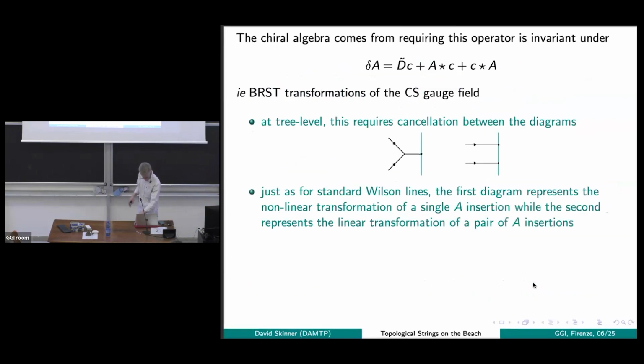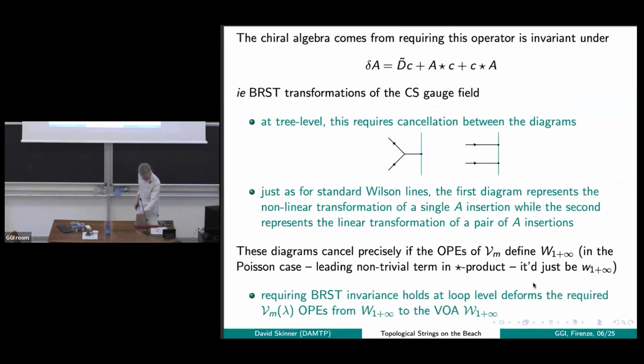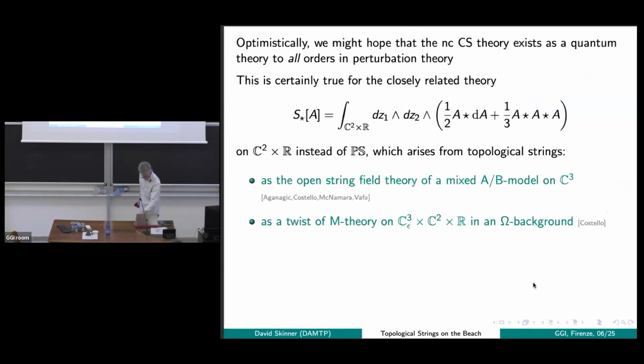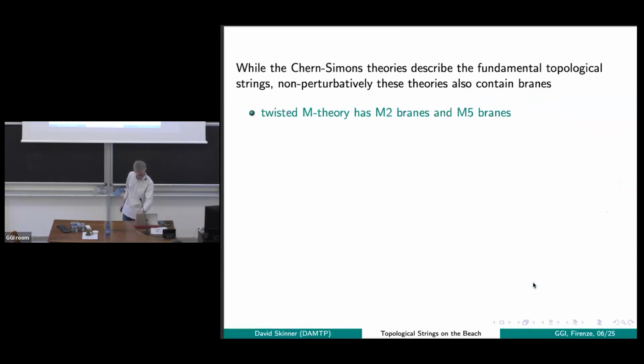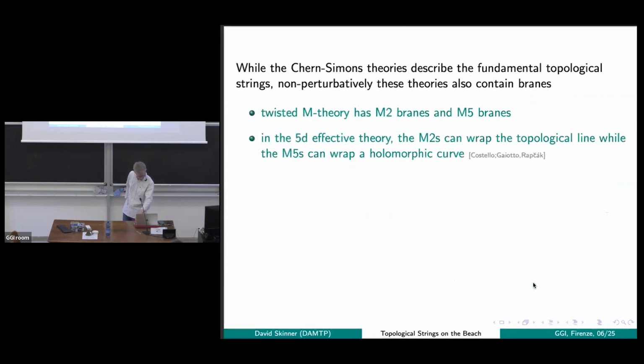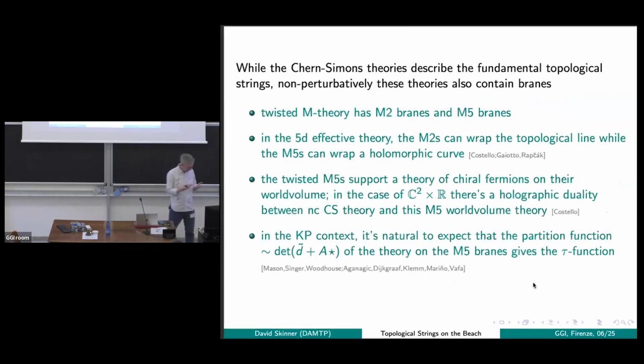There's a nice origin for the algebra in twistor space where these algebras come from. Let me not go through that. There's a connection to topological strings. These things are supposed to be topological strings in some way, but maybe let me just get to the point. So these non-commutative Chern-Simons theories are the string field theory of some topologically twisted version of either string theory or M theory, depending on how you set it up.